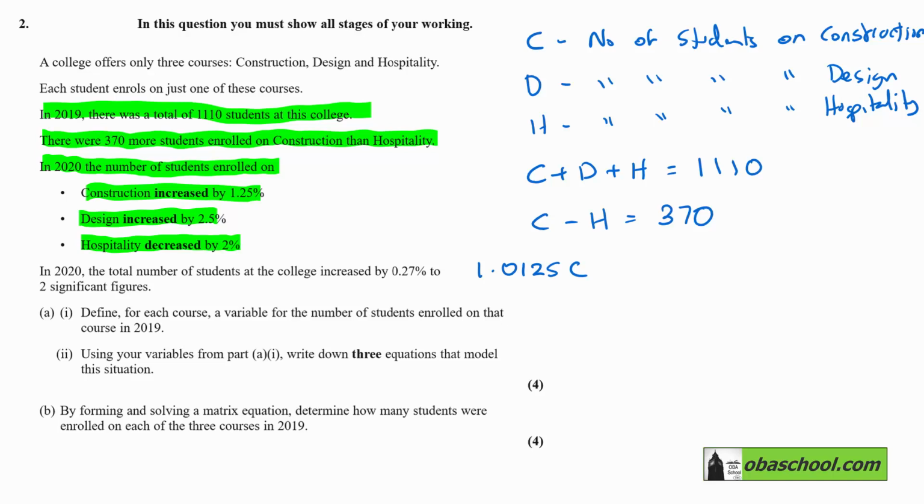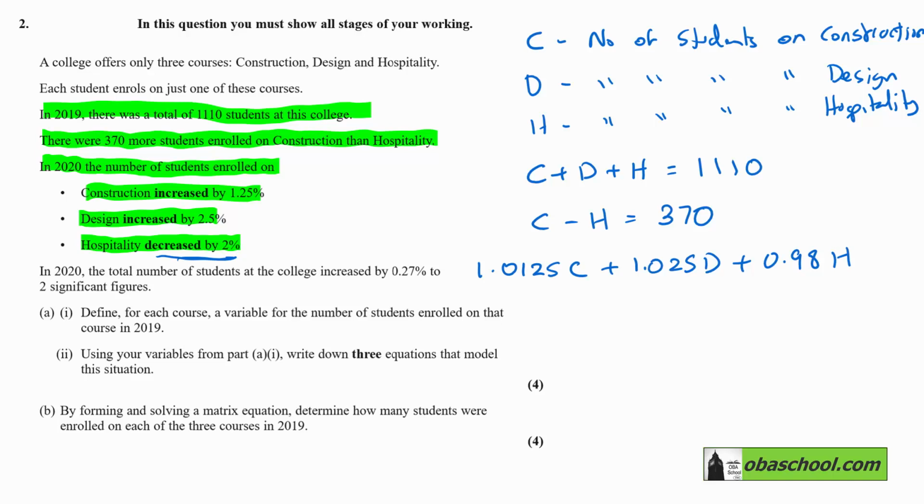That's the amount in 2019 increased by 1.25%. And in a similar way, we get 1.025D. And note, this one is a decrease. So if we decrease by 2%, that's 98% of the students. So as a decimal, that's